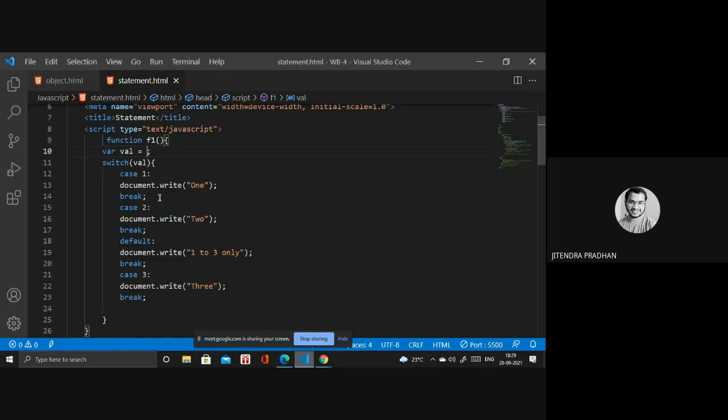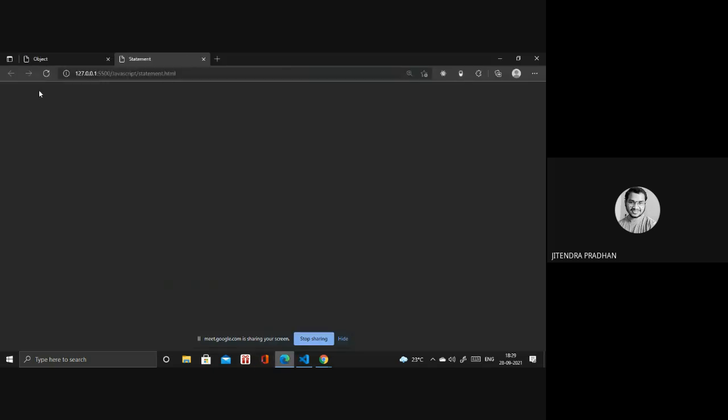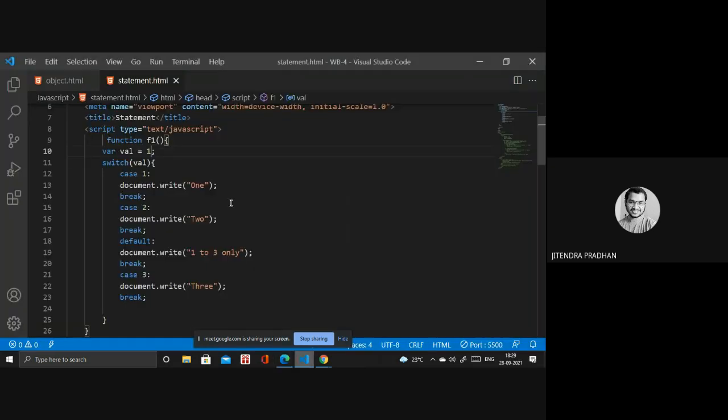So if I write one, it will print that one. Okay, so like this. What is the difference between if else if conditions and switch case? First, in if else, it checks every condition. But in the switch case, it does not check every condition. It matches the expression to the cases. If the expression matches, it goes inside that particular case. In an if statement, it checks the condition and if it's true, then it goes. But in switch, if it matches the case, then it goes. Without matching, it runs the default.